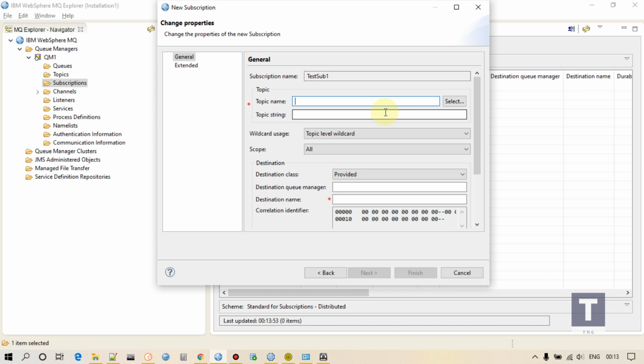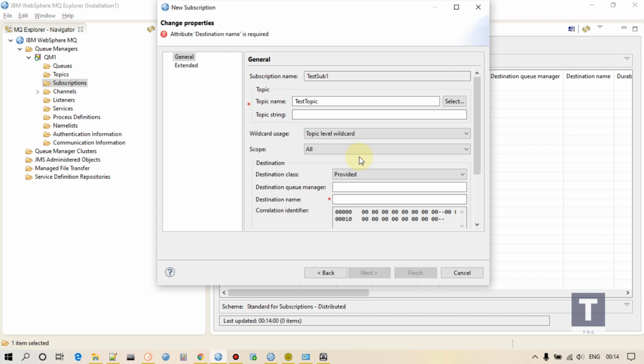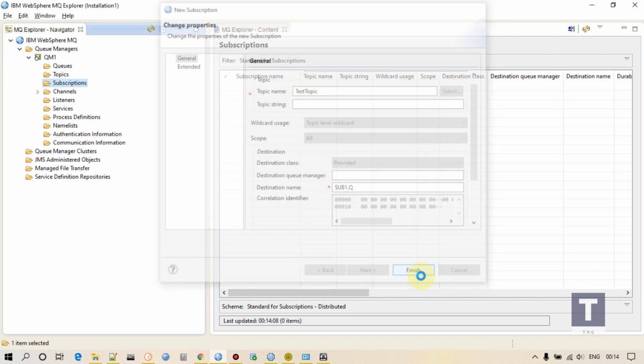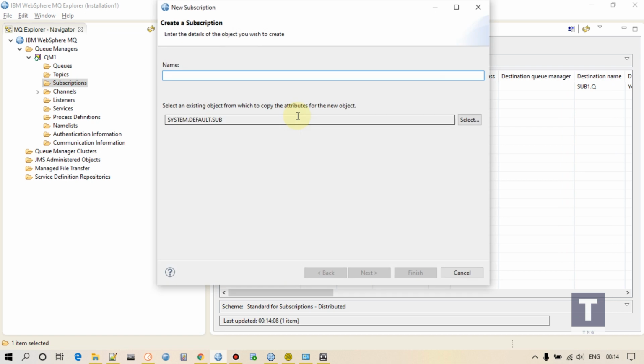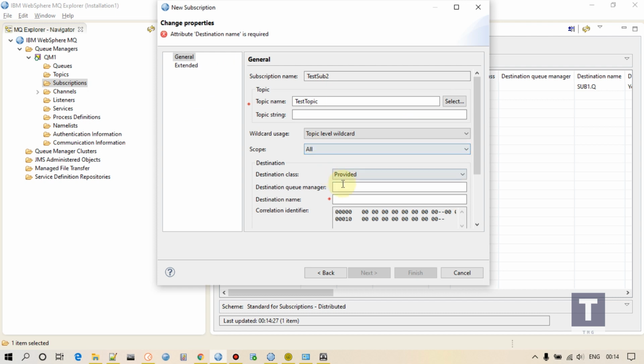I can select the topic which I have created. Here I can provide the destination name, meaning the queue name which will subscribe to this. Let me give sub1.q. Now create another subscription. It will also subscribe to the same topic, with queue name sub2.q.